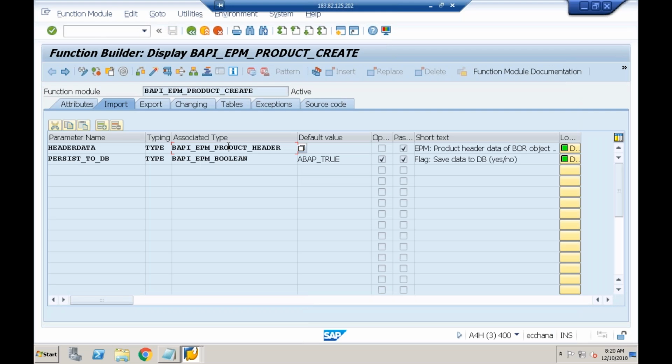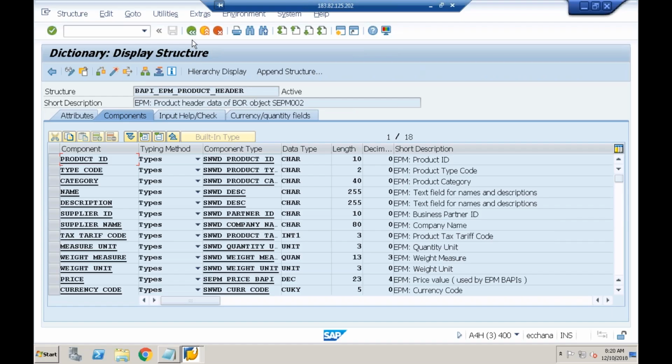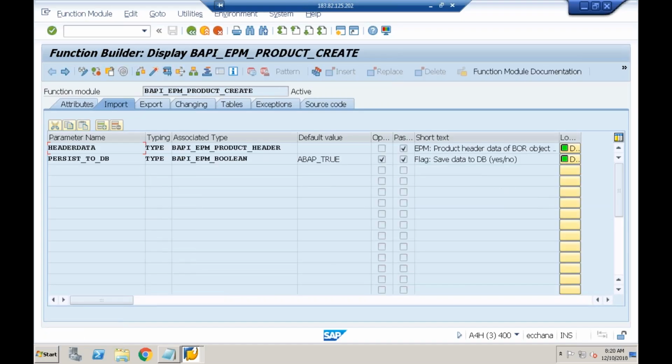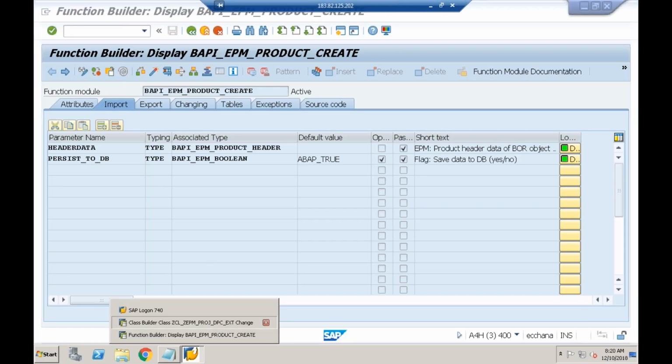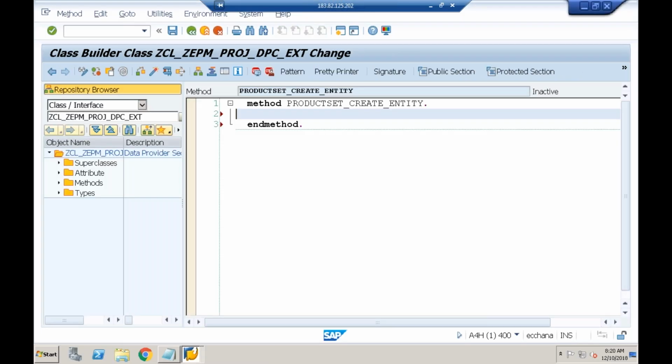Understood? So before calling the function model, I need to prepare this mandatory parameter, which is a work area carrying 18 fields. But I'm going to provide the data only for 10 fields. So when you are sending the request for creation, we are going to supply the data for 10 fields. I should know what is the parameter which is going to carry the data of those 10